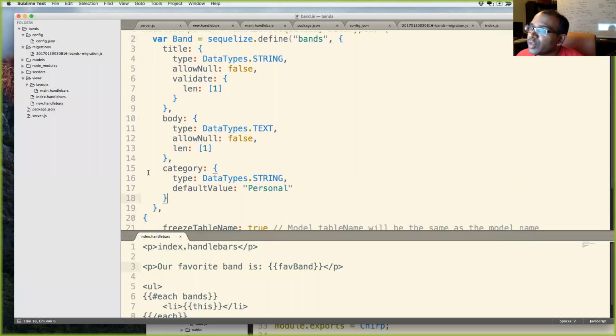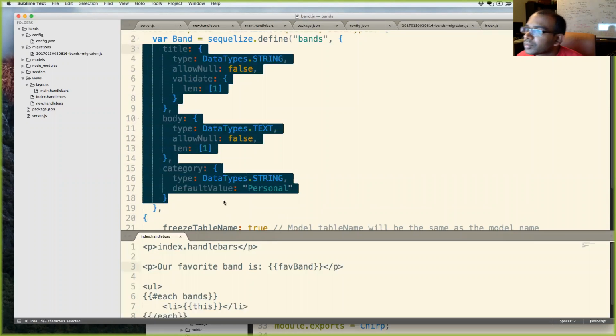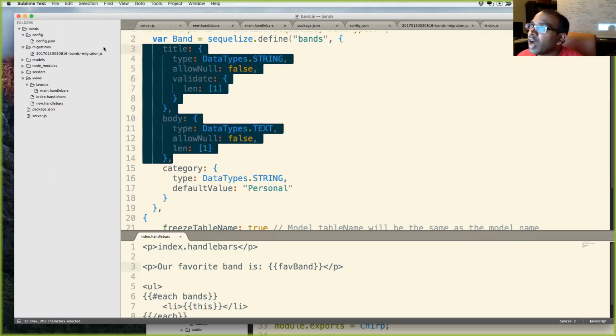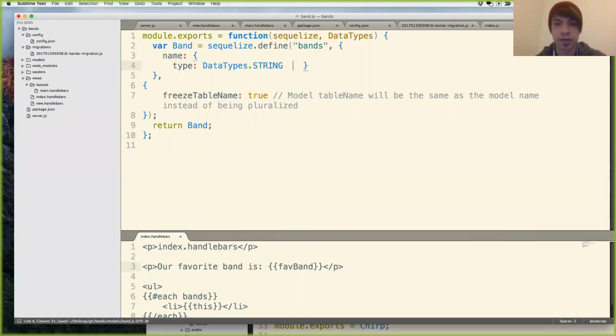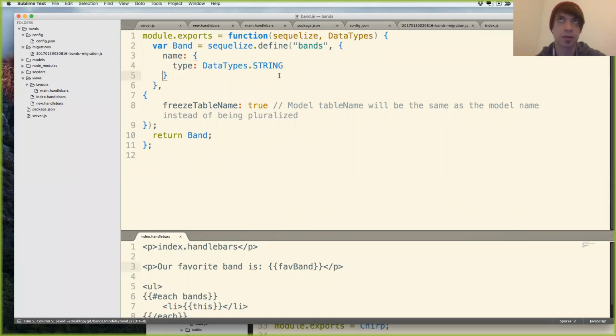And now what I need to do is throw in my name column. And Christian, you said that the ID will automatically be there? Yep, unless you want to make it something different than what it always is. Excellent. So then it's going to automatically recognize the ID.